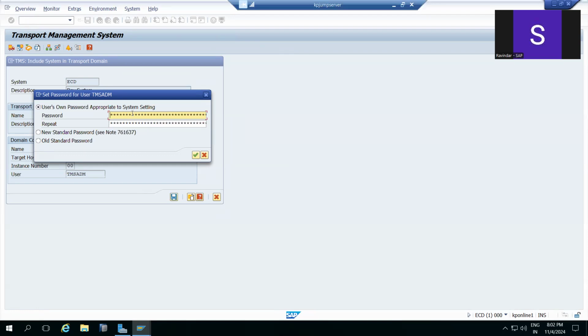But initially we made one statement, right? The domain controller will control the changes to other systems and everything. But if the domain controller is not responding, then how will the changes move to the other systems? So here one important thing is that the system you are making a domain controller should be 100% available. It should be in available status here.